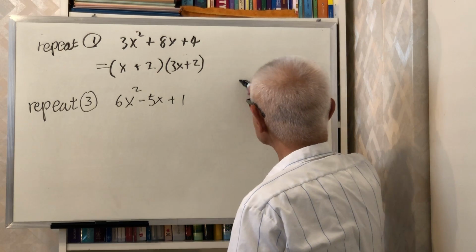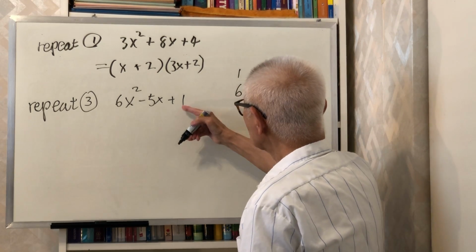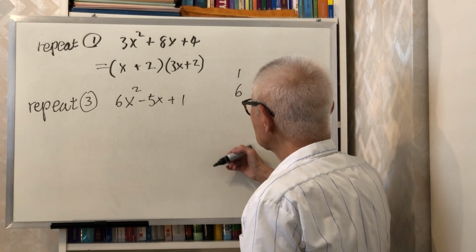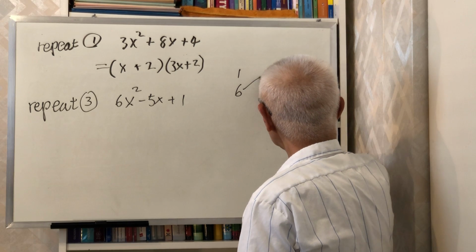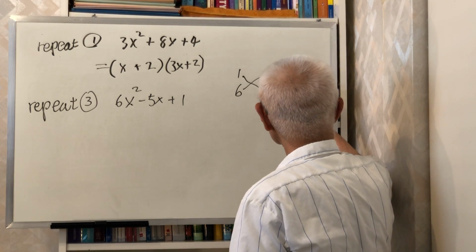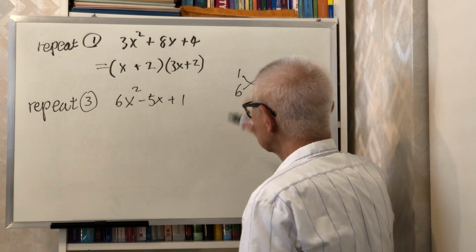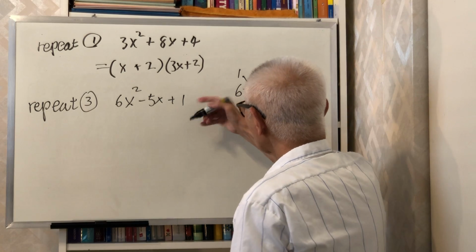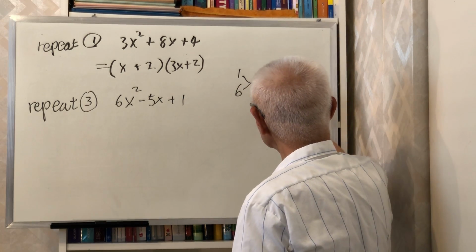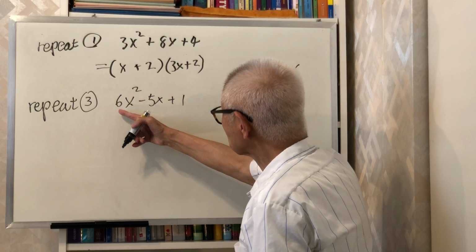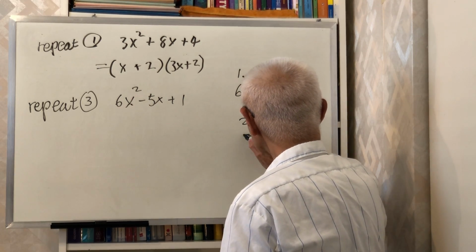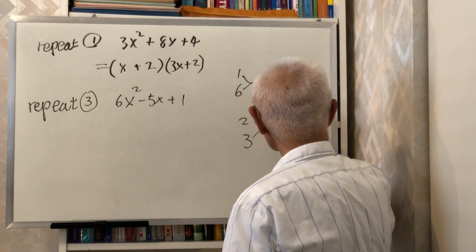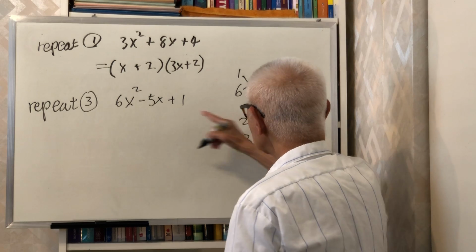6 is 1 times 6. 1, there is only one way, it's 1 times 1. And you have to add, right? 1 times 6 is 6, 1 times 1 is 1, so if you add, you get 7. So that's not right. There is no choice for 1 because it's 1 times 1. But 6 has another choice, 2 times 3. And 1 has only one choice, 1 times 1. So 1 times 3 is 3. 1 times 2 is 2. And you add